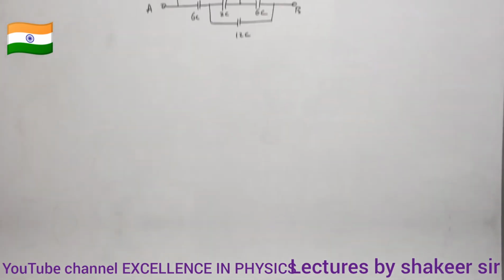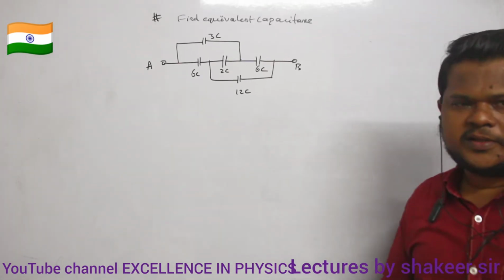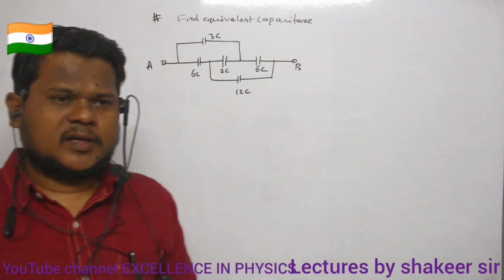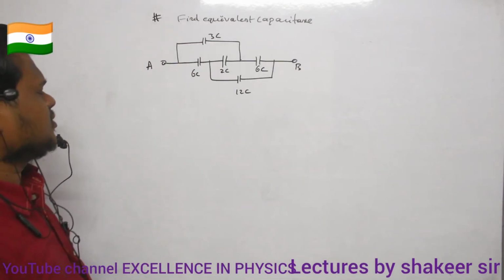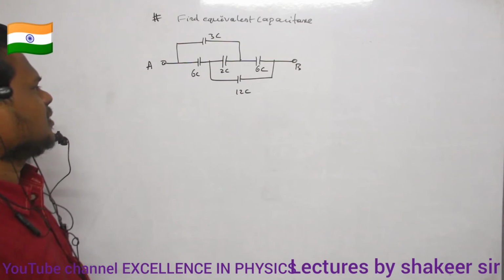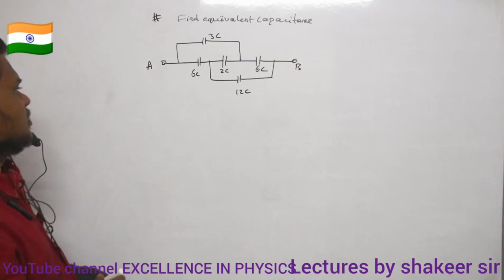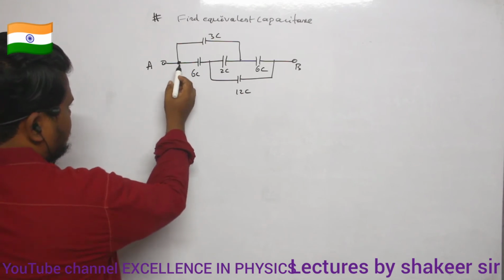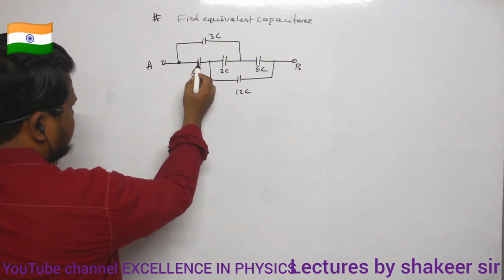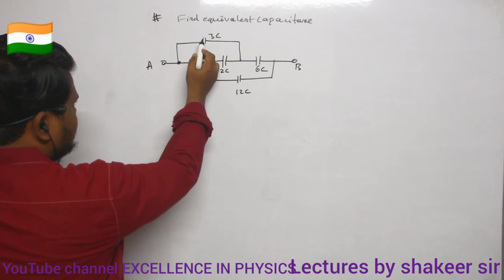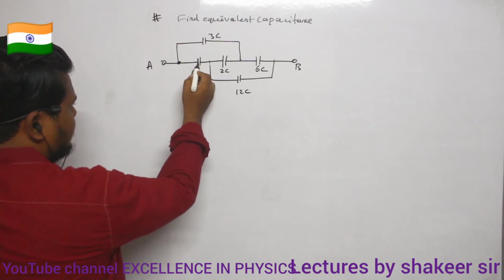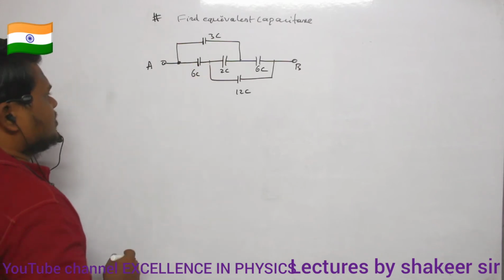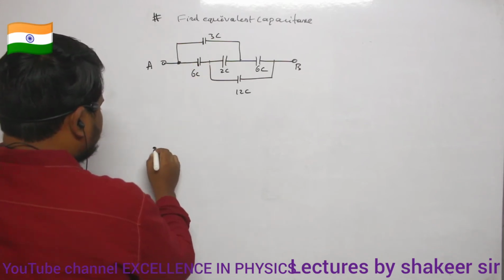Make it out up to here. So anybody, can you say? How to calculate the equivalent capacitance of this given circuit? Any idea? See, if I take this point, what is the potential existing on this plate? The same potential is present on this plate also, no? So whether you take this plate or this plate, both of them are at the same potential. Clear? So therefore, can I redraw this circuit like this?